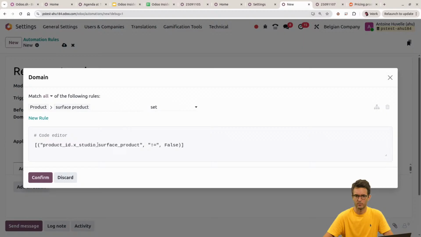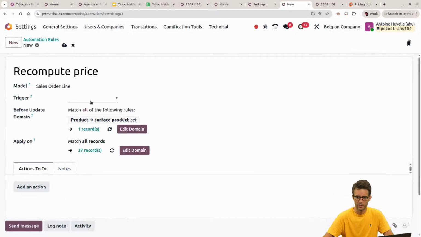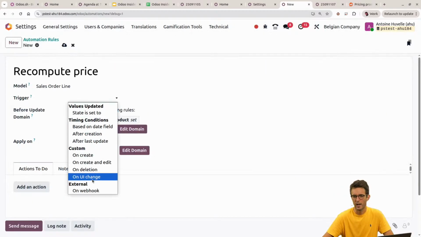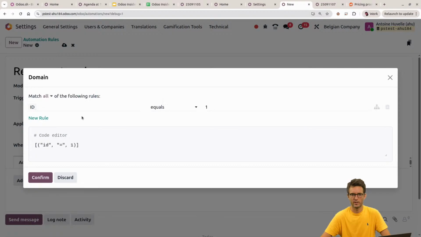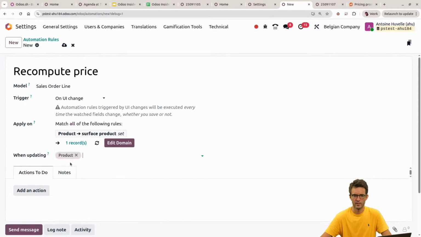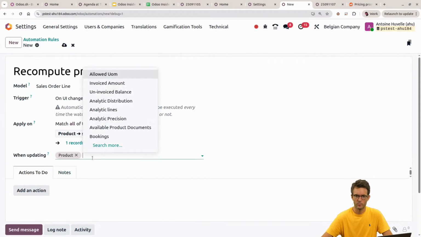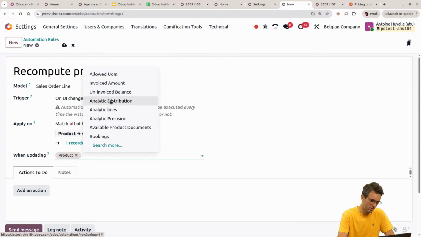I already did the domain because this one I always forget to change the trigger. I will do it on UI change, and we apply it on this one, and we change it when updating the product or when updating the width,